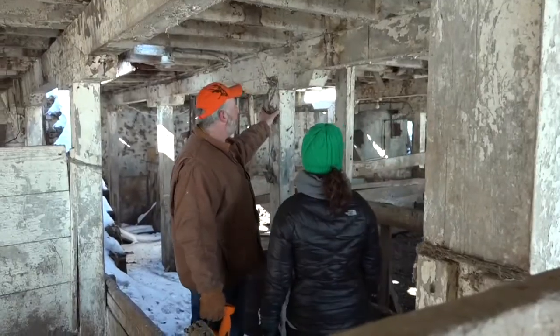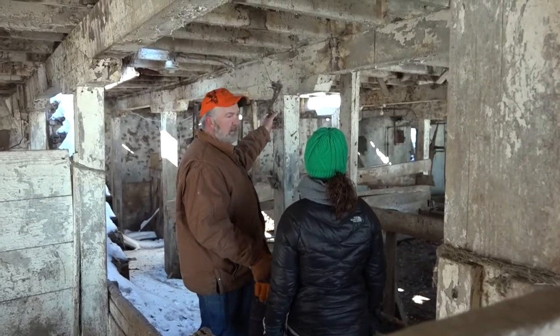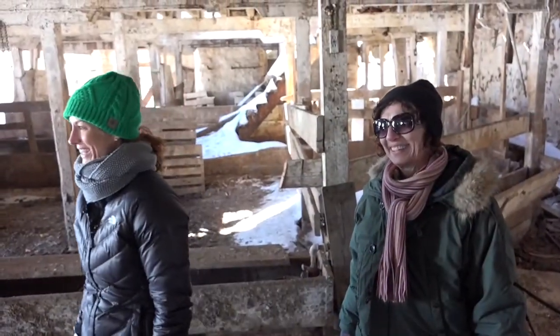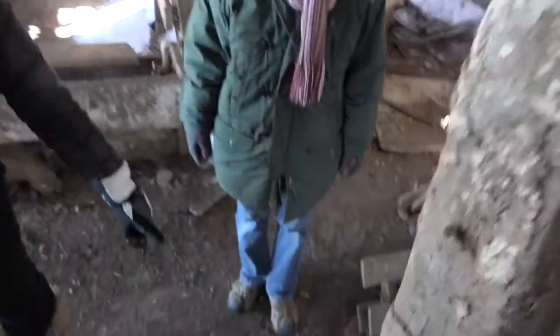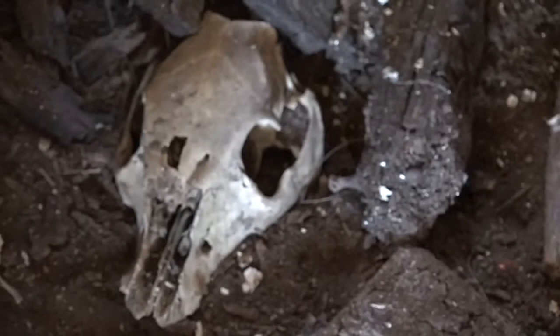I get a kick out of this because somebody hung this on the wall 60 years ago and walked away. It's a drinking cup for the cow's water. And we got to be careful. I didn't tell you about the skunks that live here. So let's just go right on. See, that's probably not the kitty. That's a raccoon. Oh my gosh. Nope, that's...